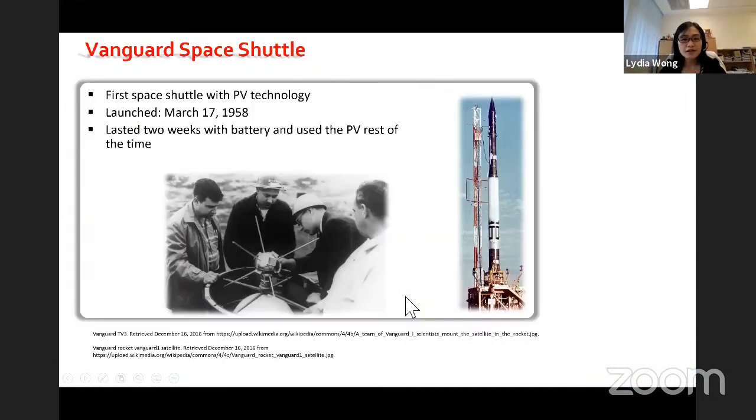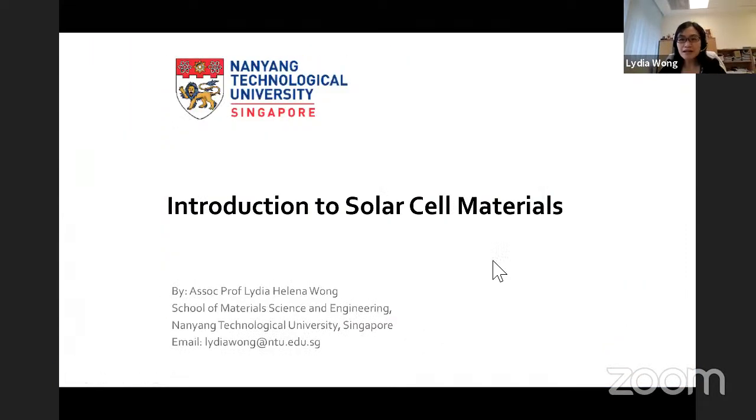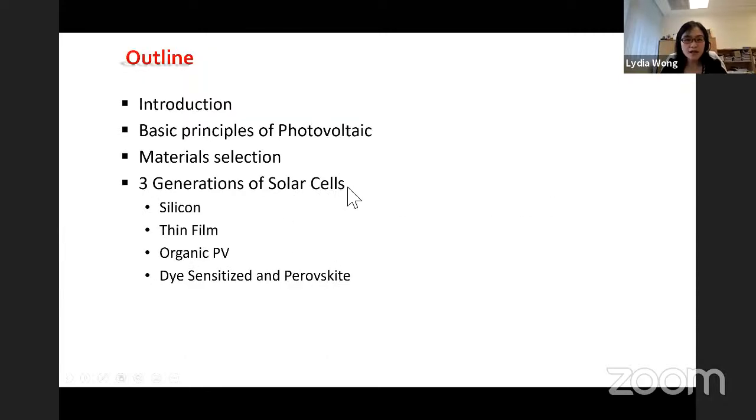All right, so as I learned from Prof. Herman, the majority of the students here are second year students, Semester 4. And this is probably the first time you have heard about solar cell materials or solar cells in general. You may have heard about solar cells, but how does it work? The principle behind this is probably the first time you encounter. So I will spend some time to discuss this before I go into the different types of materials used in solar cells. So this is the outline of today's talk.